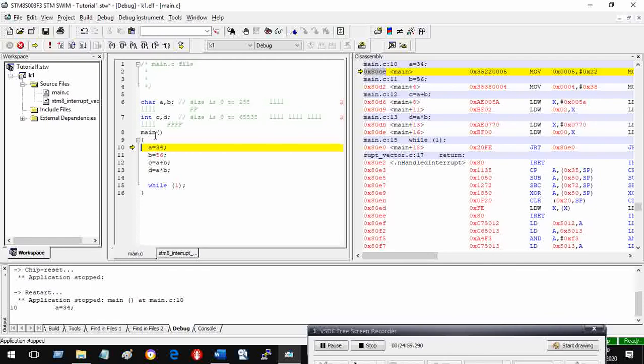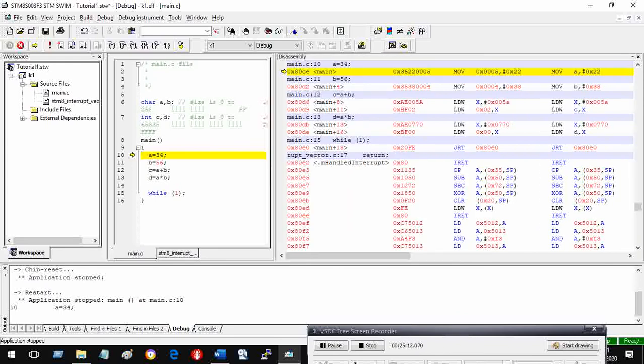When I do this, a equal to 34 is here. It is converted into assembly language, and then it is further converted into machine language. So a equal to 34, which was written in C language, appears here as a equal to 34.